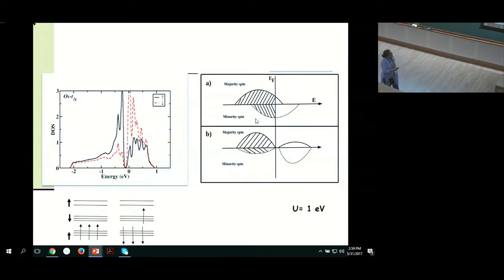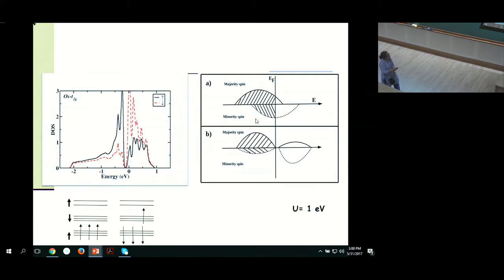So the way we can understand the antiferromagnetic metallic phase that gets stabilized is if you look at the schematic diagram. At one site you have the T2G minority spin fully occupied, and the doped electron goes into the other spin channel. And in the fully polarized limit, this electron would have no delocalization pathways because it's the opposite spin over here. But in this very strongly itinerant limit, if you examine the density of states, the blue line is my majority spin T2G density of states, and the red line is the minority spin channel.